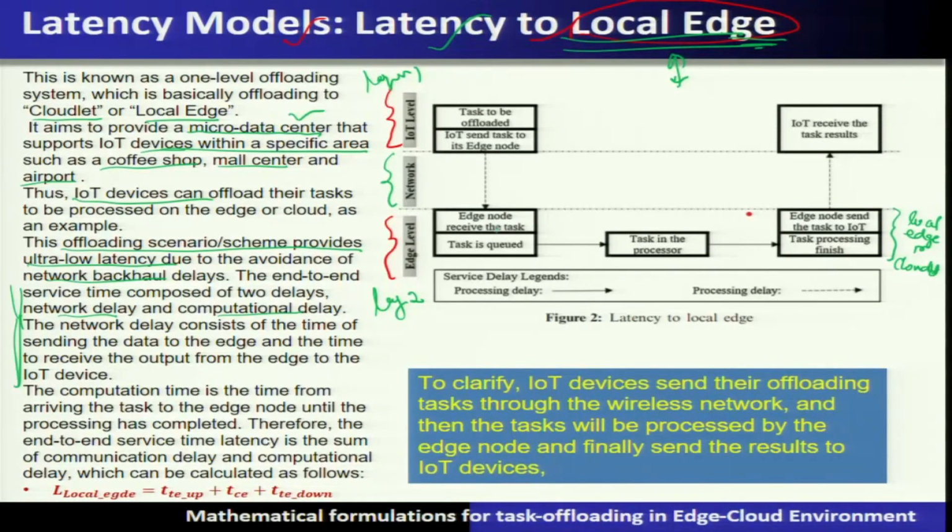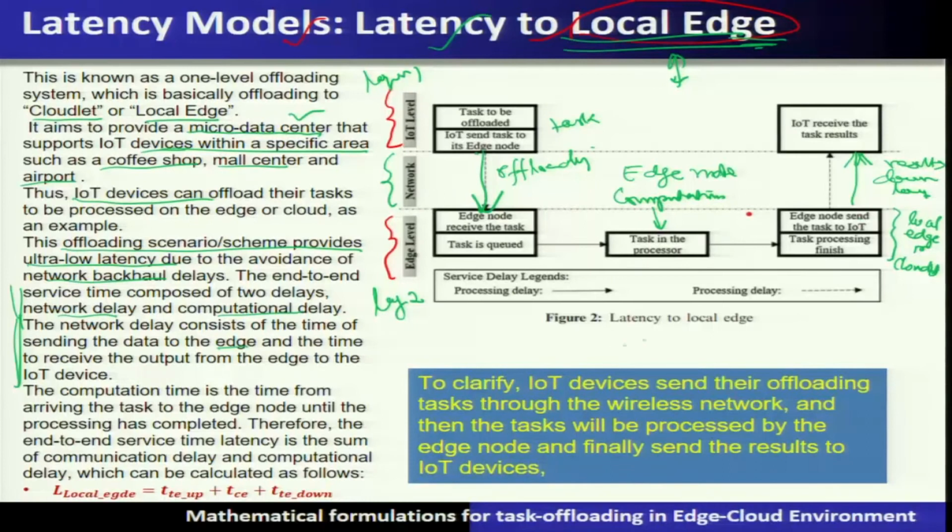So, IoT will send the data to the edge nodes, and then the time to receive the output. Once it sends to the edge node, the edge node will involve its micro data center for doing the computation. This is called computation at the edge, and then the results will again be sent back. This is called offloading, often called task offloading, and this is called downloading. What is downloading? The results are downloading.